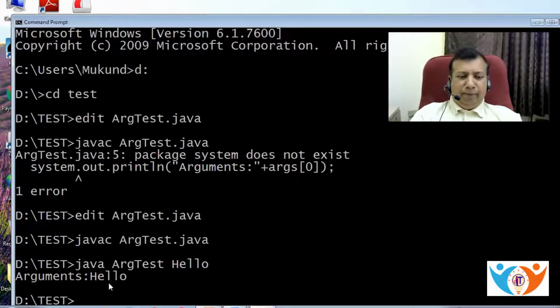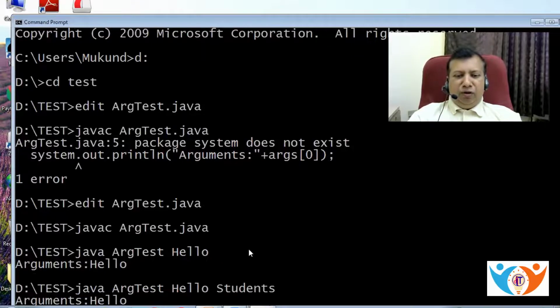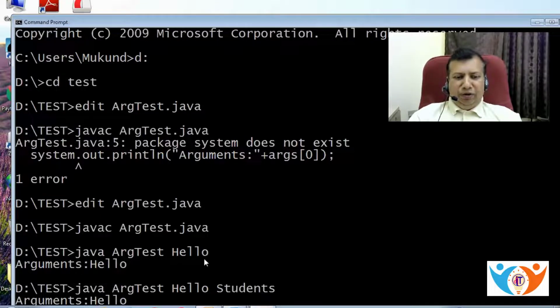Now let us see what happens if I pass multiple arguments. java ArgTest hello, and I will add one more, students. Now what will happen? Hello will be the first argument and students will be the second argument. In this case, the second argument will be ignored. It will just take args[0], which contains hello, and it will be displayed.